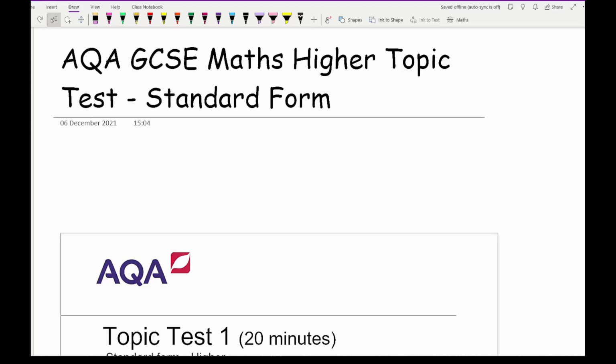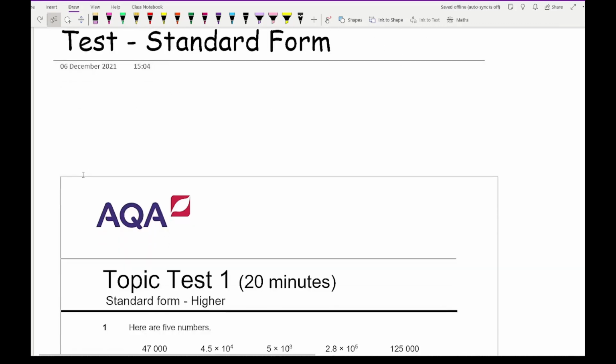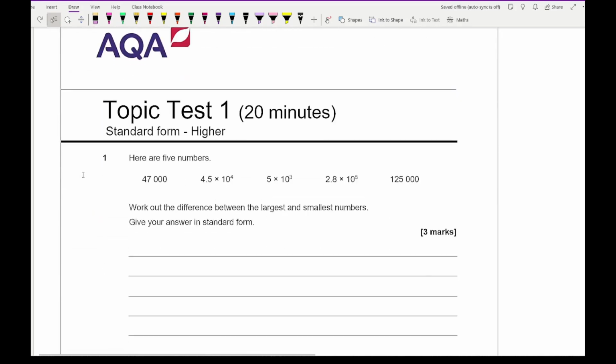Now there's been no indication of whether this question paper is calculator or non-calculator, so we'll just go through it with a calculator to speed things up. However, just be wary that if you do get them on a non-calculator paper, the questions would be worth considerably more marks. So looking at the first question, it says here are 5 numbers, and what the question